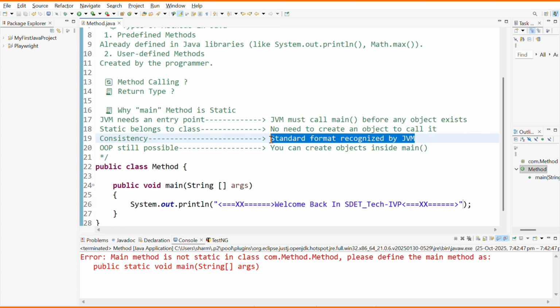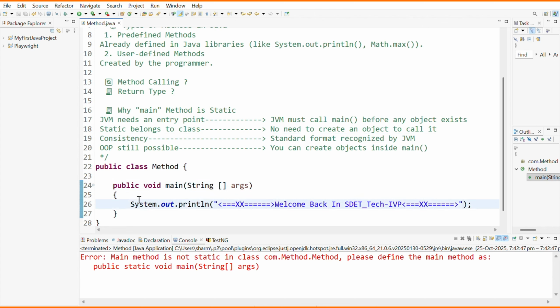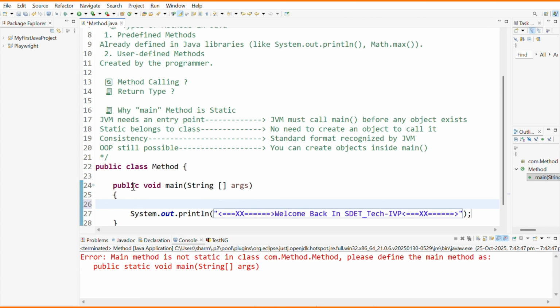So, it's still possible to create an object inside the main method. Let me create an object without using static. In the last tutorial we also discussed the object. Method md equals new Method. Let me create the object. So I have created an object, but it will not execute